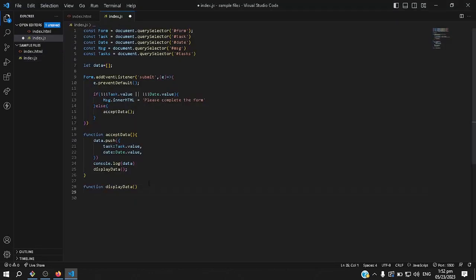Okay, so next, let's put that one there. What we need to do is to empty our task list first, that innerHTML, so that in the next iteration it will be empty and then it will be refreshed. And then afterwards we need to